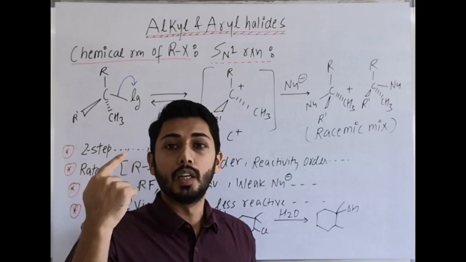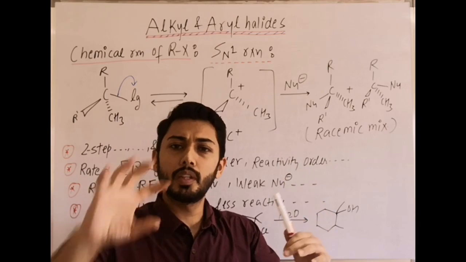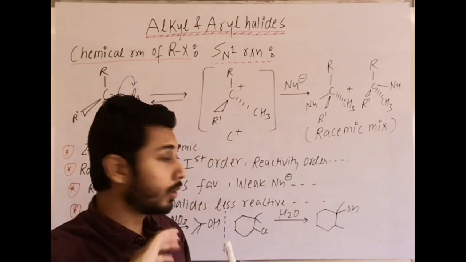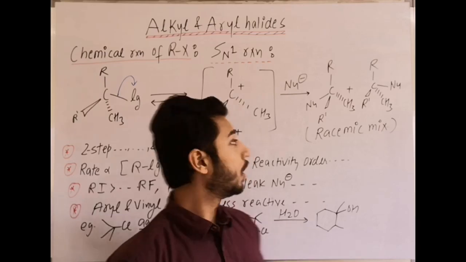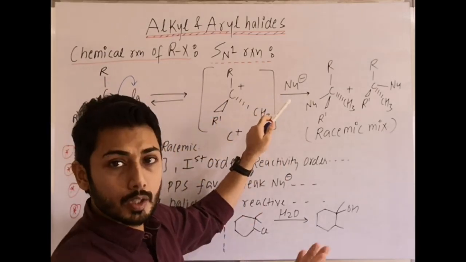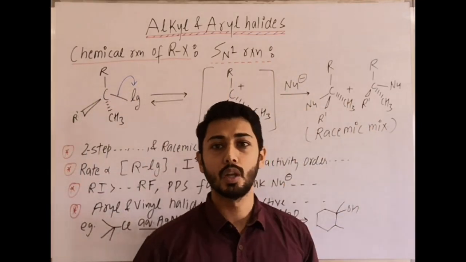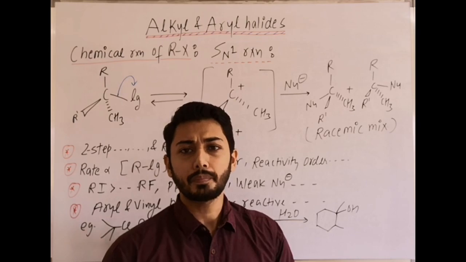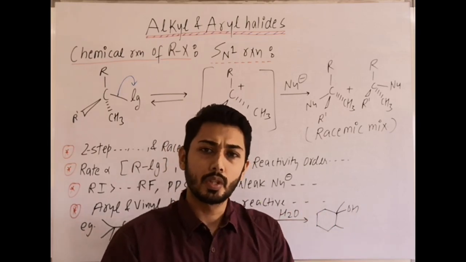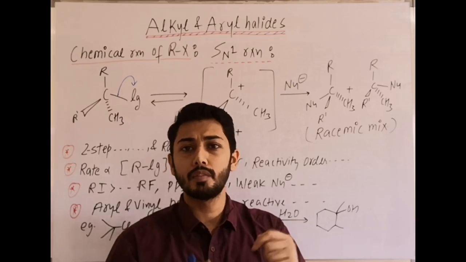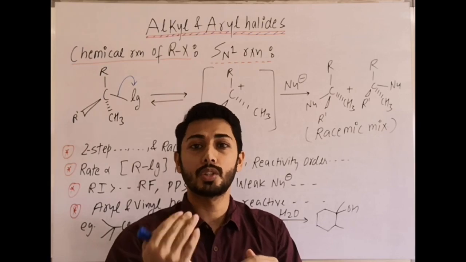First step, the leaving group departs, carbocation formed. That carbocation can undergo rearrangement if possible. This concept we have already done, and you also remember that wherever a carbocation is formed, it can undergo rearrangement if possible. So after the rearrangement, if it is possible, the nucleophile attacks from both sides and we get theoretically a racemic mixture. Now it depends on the question. If they are talking about a racemic mixture, then a racemic mixture is formed. And if any information is given, more inversion, less retention, then we go for more inversion, less retention.